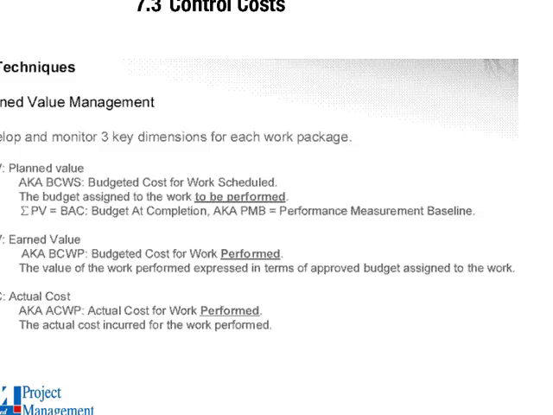And my actual cost for work package 2 is $7,000. So my earned value is $11,000. My actual cost is actually $13,000. And the difference between my actual cost and earned value